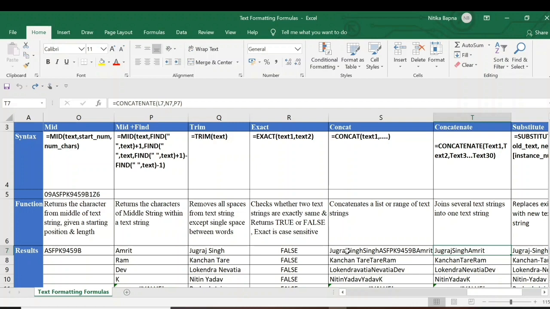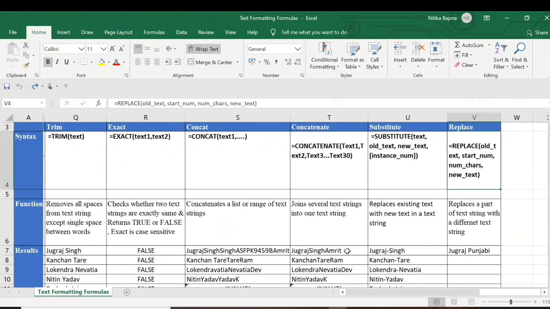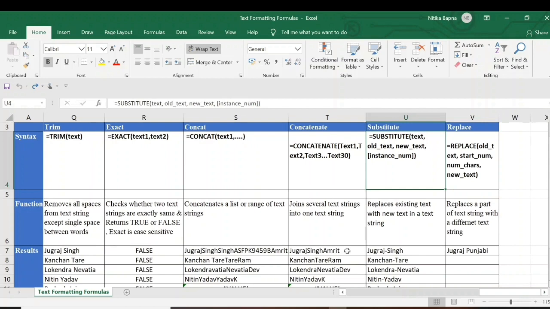So it is equals CONCATENATE then L7, N7, P7, because if you see the range, it is L7 to P7, but in between the Pan is also coming, but here I have taken L7 specifically, N7, P7, so it will show me that only. So the difference is that CONCAT works on a range, whereas CONCATENATE can work on independent cells, whatever cells you want to join.